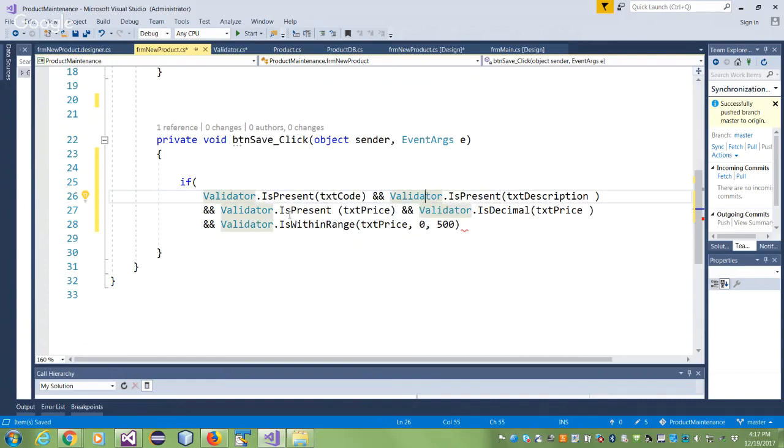If this is present, it will go to this one. If this is present, it will check if it is a decimal. If that is it, it will check that it is this, and let's close our if here. If everything is okay,